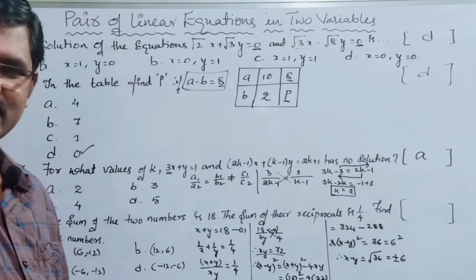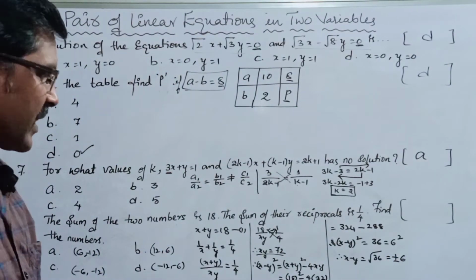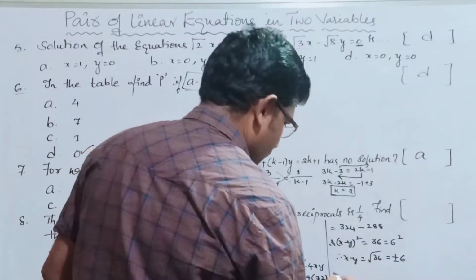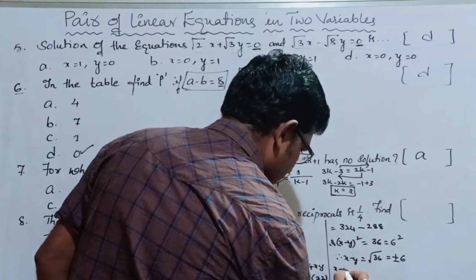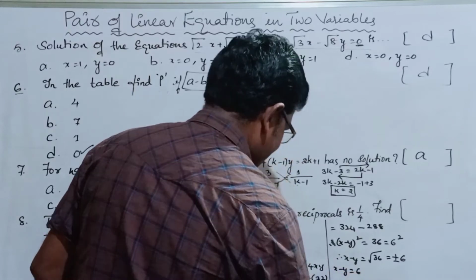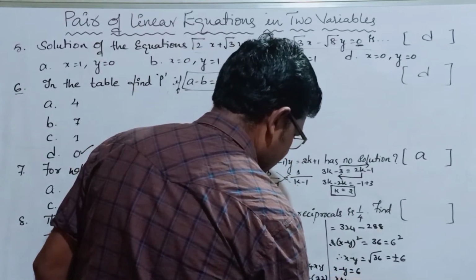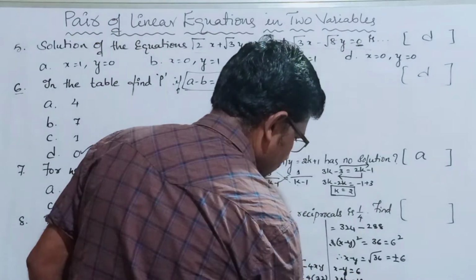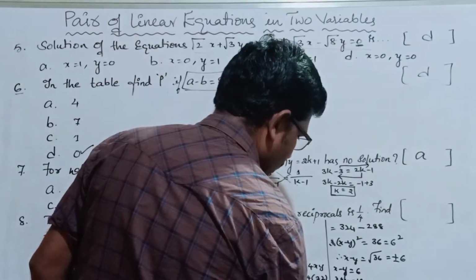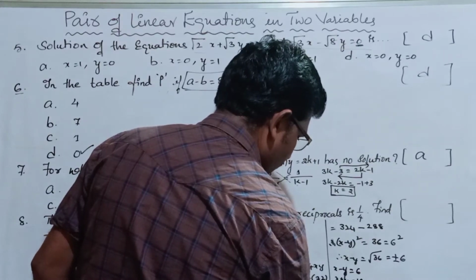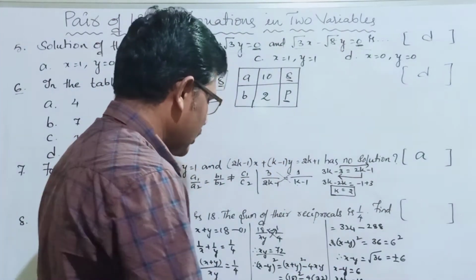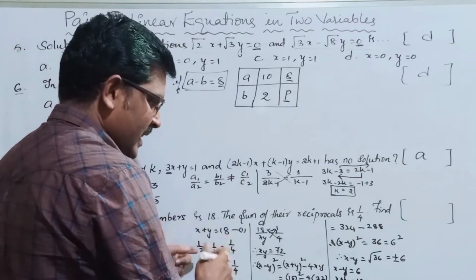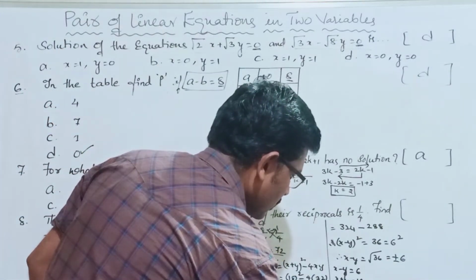If we take plus 6 ఒక రకంగా వాల్యూస్ వస్తాయి, మైనస్ 6 తీసుకుంటే ఇంకో రకంగా వాల్యూస్ వస్తాయి. సో కేస్ 1, ఫర్ ఎగ్జాంపుల్ x minus y is equals to plus 6 and x plus y is equals to 18. y gets cancelled. 2x is equals to 24, x is equals to 12. If we substitute x value in equation 1, 12 plus y is equals to 18. 18 minus 12, so y is equals to 6.